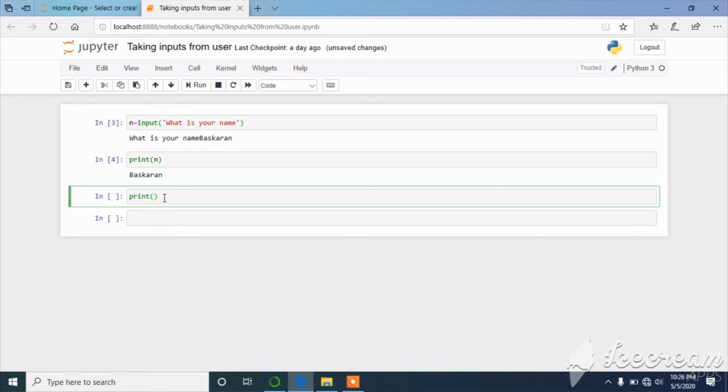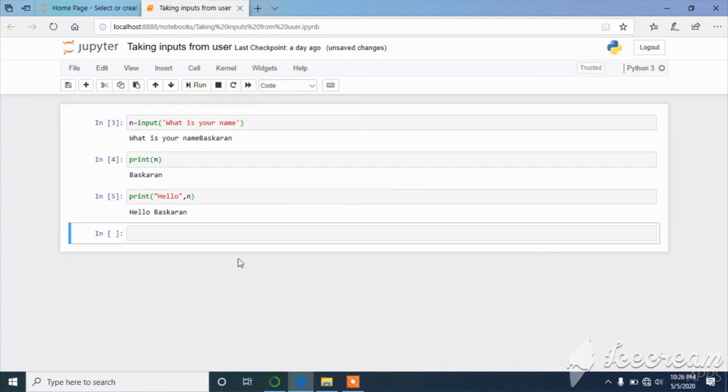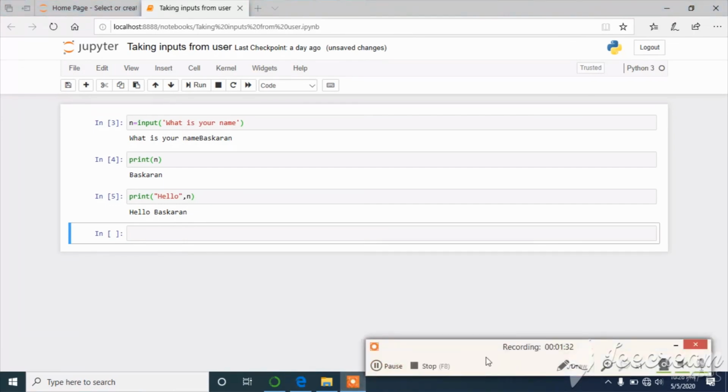Again type print "hello," comma n, and again execute this code. You can see hello Bhaskaran. So this is how